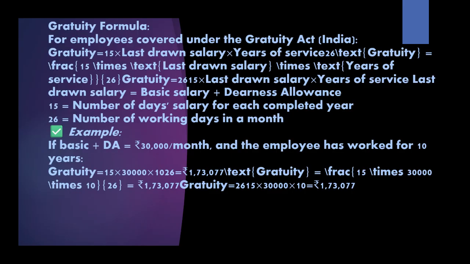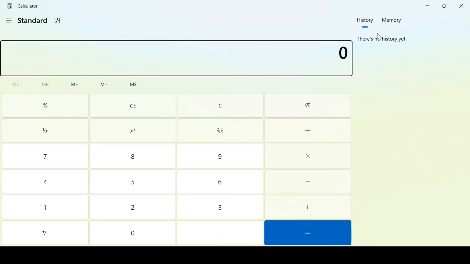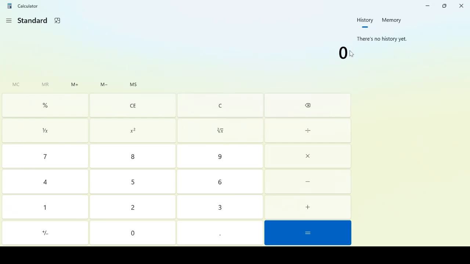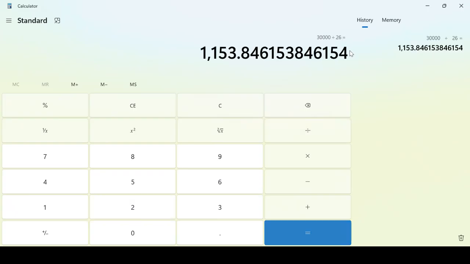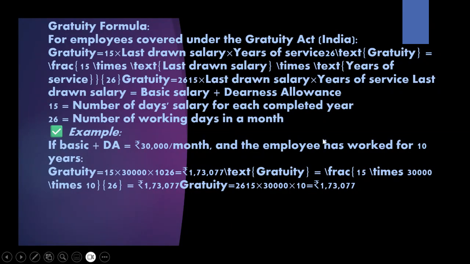हाँ, 15 डेज सैलरी. ओके, तो 30,000 का पहले तो 15 डेज सैलरी. 30,000 जो है वो आपकी 26 डेज की सैलरी है, तो 15 डेज की सैलरी कितनी होगी? First you have to calculate. 30,000 आपकी सैलरी है, डिवाइडेड बाय 26 इंटू 15, तो 15 दिन की सैलरी हो जाएगी 17,307